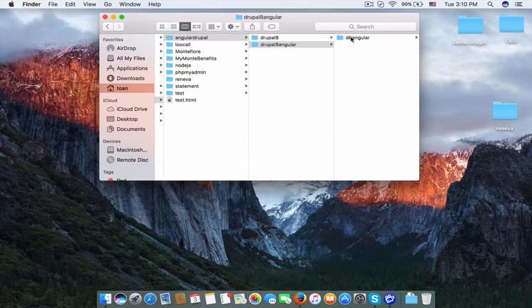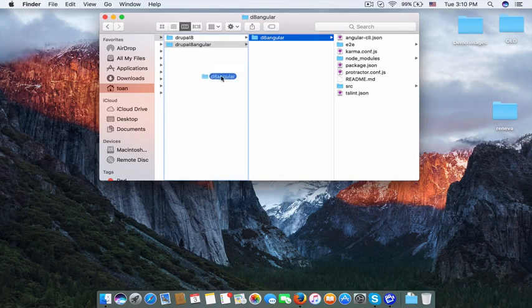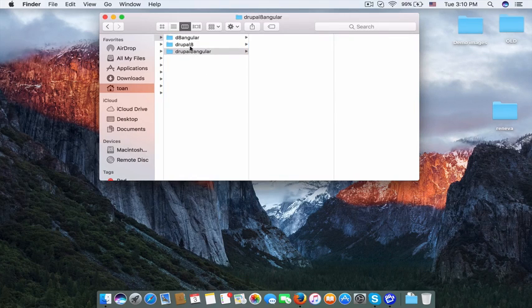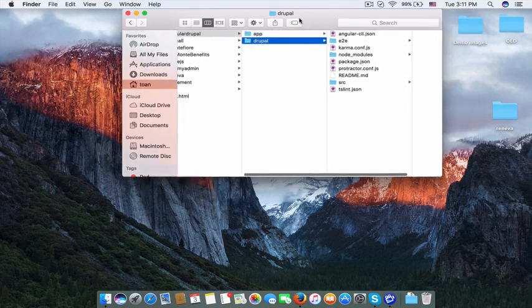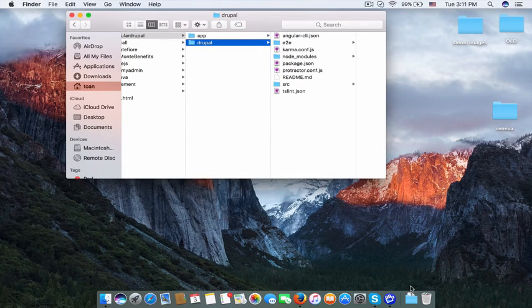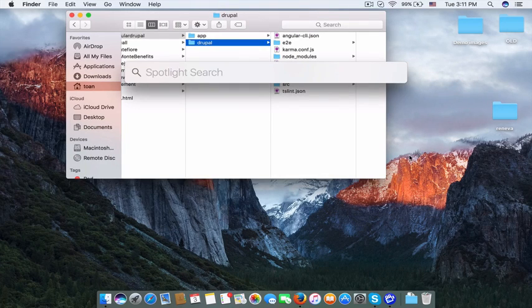So I think it should be here, and remove this folder and rename it into app, and Drupal Angular. Now we come to Drupal. Okay, just for now. So now if I open Firefox